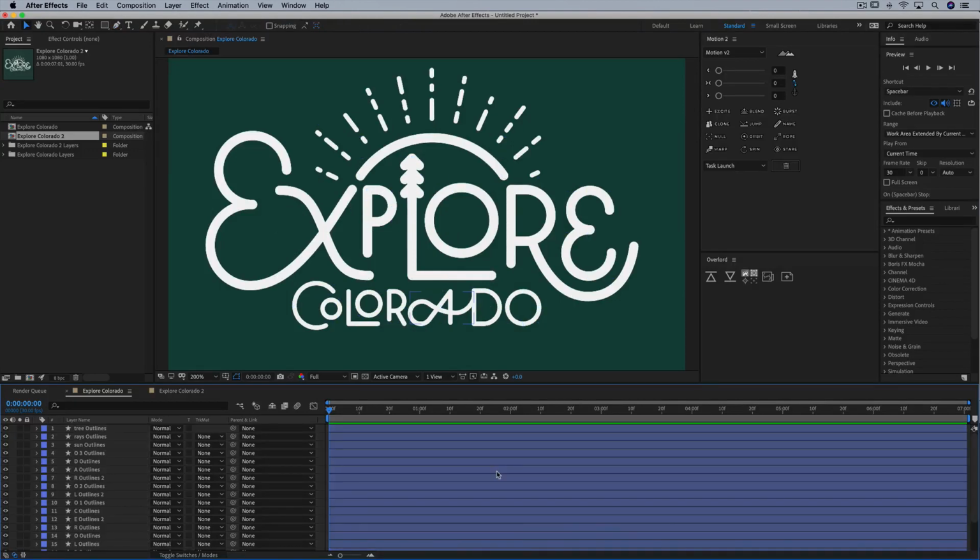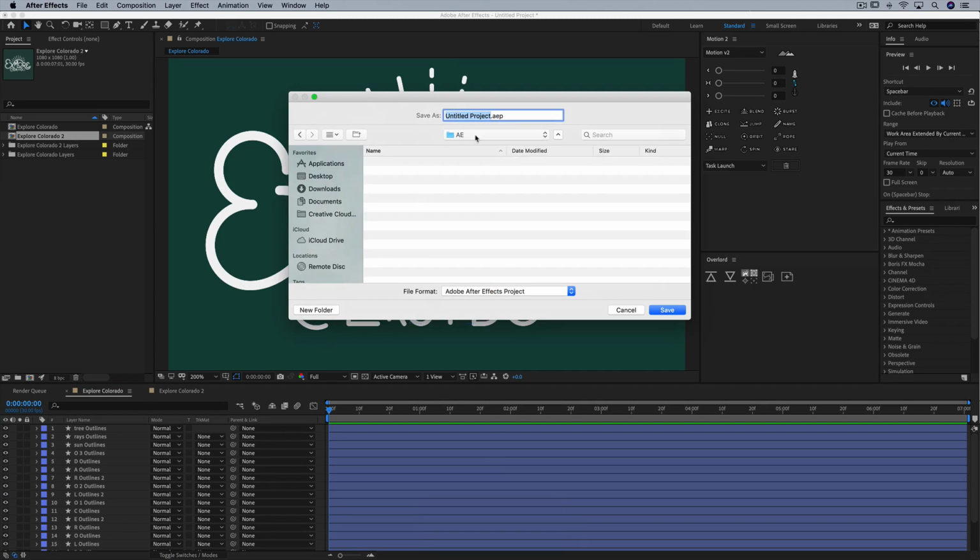This is a good time to save our file. So hit Command S to save. I like to have a main folder where I keep everything for the project. And then I'll have a folder within that folder for Illustrator files, Photoshop files, or anything like that. And then I like to have another folder at that same level for After Effects files. So I have that folder right here, and I'm just going to name this